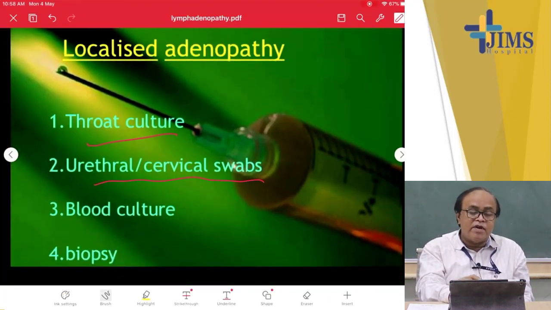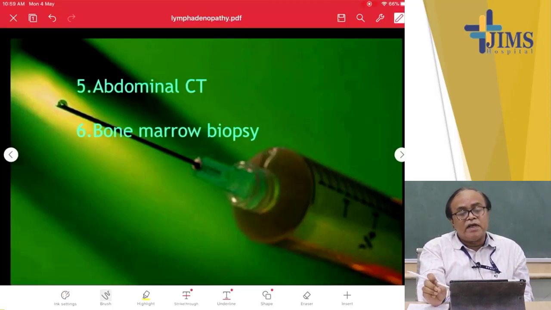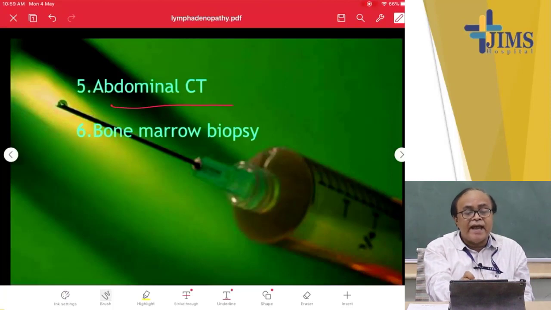Last is biopsy. You have to take the lymph node out and examine it histopathologically. Then abdominal CT. Actually, abdominal lymph nodes are not very well delineated. Through abdominal CT examination alone we can know exactly which group of lymph nodes are affected, and that helps us in diagnosing and